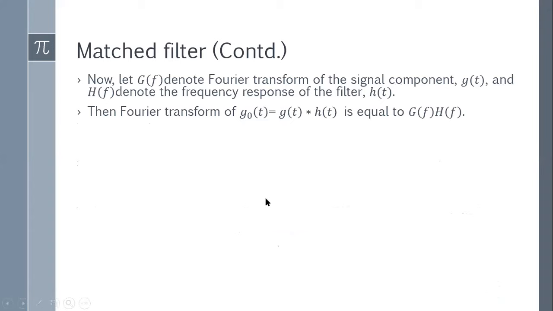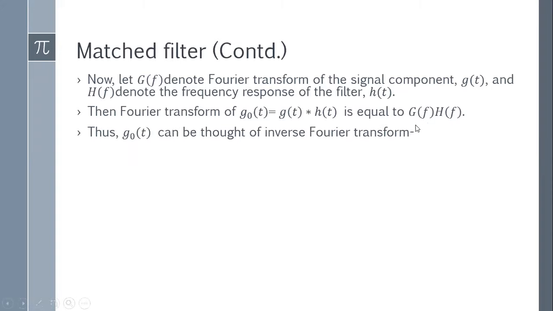Okay, so now let us take this signal portion. This is our signal portion g0(t). g0(t) is equal to g(t) convolved with h(t). If I take its Fourier transform, it becomes G(f)H(f). So we can also write, if I take the inverse Fourier transform of G(f)H(f), g0(t) as H(f) G(f) exponential of j 2 pi f t df. Since G(f) is a square pulse, sinusoidal periodic waveform, I can write this.